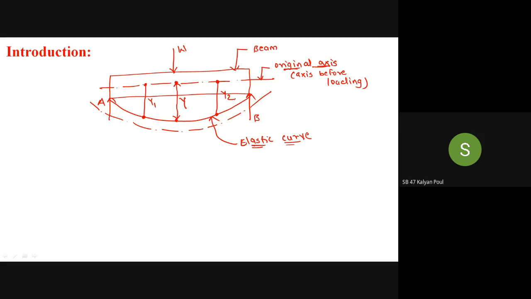Maximum. At the center point, the load is applied and the maximum curvature takes place at the center point. Therefore, the deflection is always maximum at the center. So there are two definitions for the deflection. The first definition, which I have just told, is the vertical distance at any point. Why are these two words important? At any point. I can calculate the deflection at the center point, at the left side portion, and at the right side portion. Therefore, I have used the words at any point.